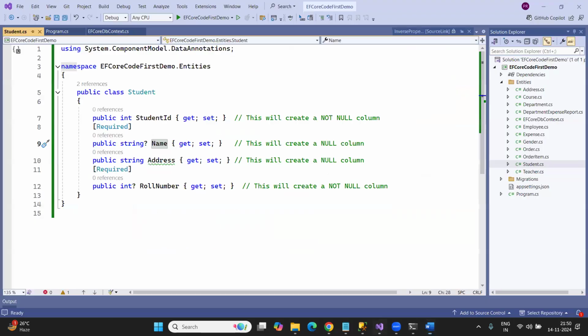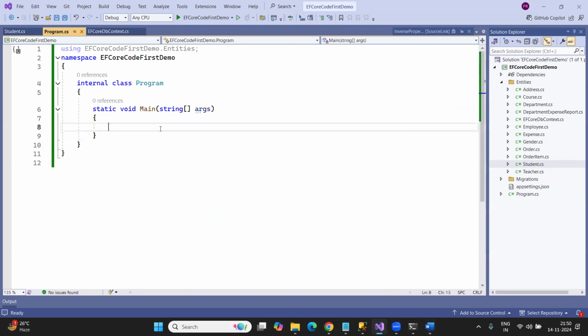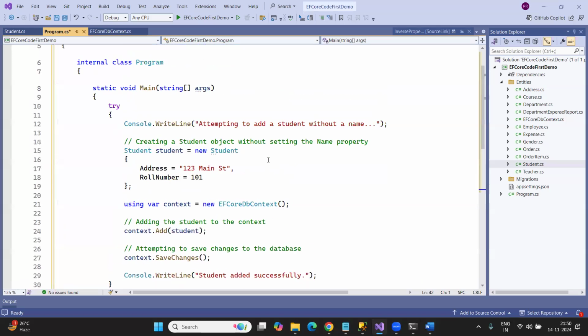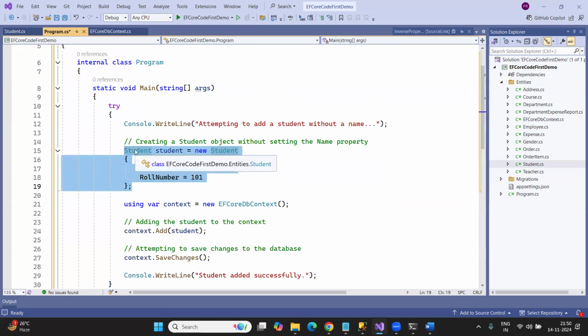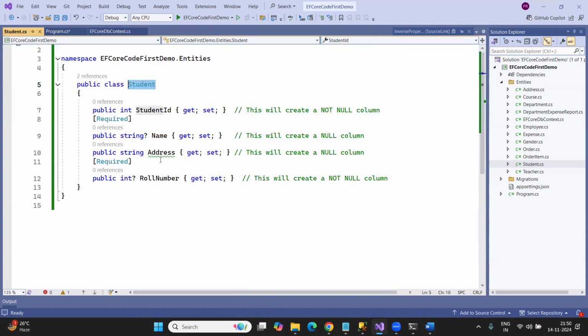Okay. Now let us try to understand some example. We have created all the required properties. Here you can see I'm creating a student object. I'm specifying the address, roll number, but I have not specified the name. As I'm not specifying the name property, and for the name property I'm creating a not null column,